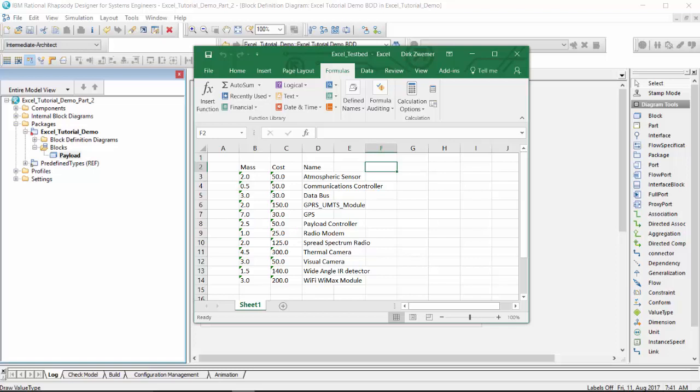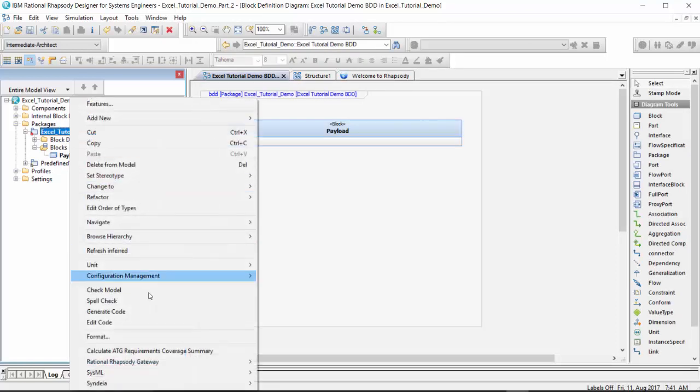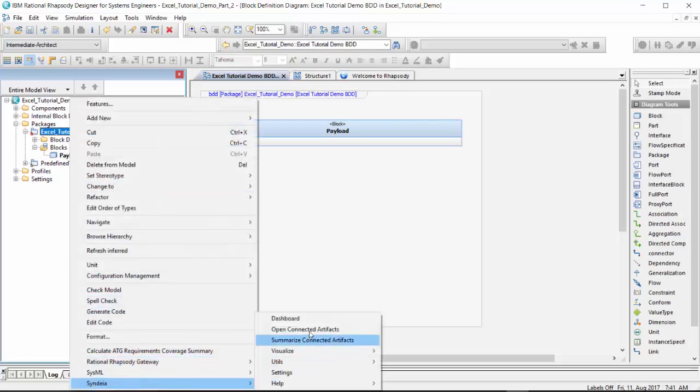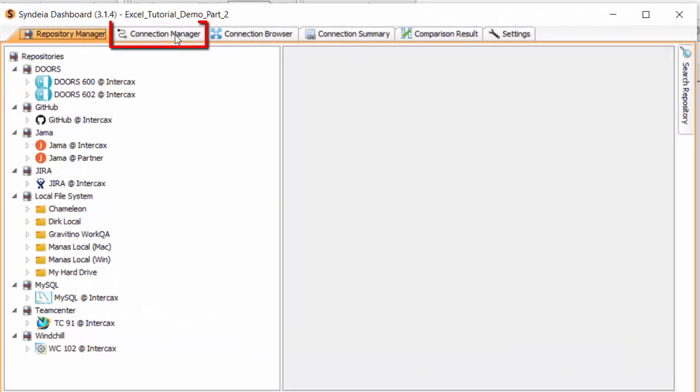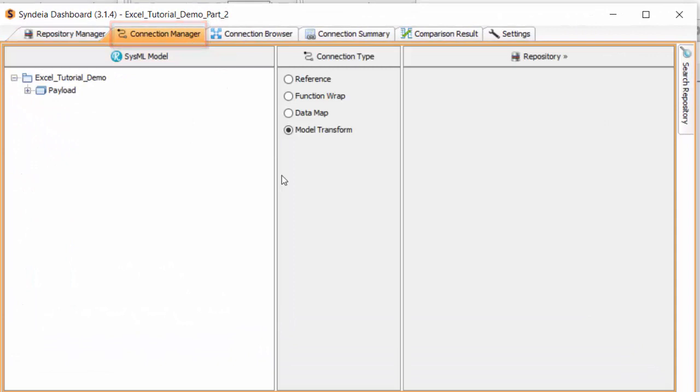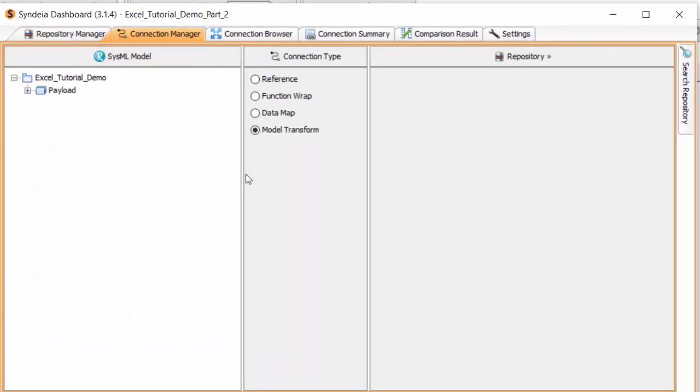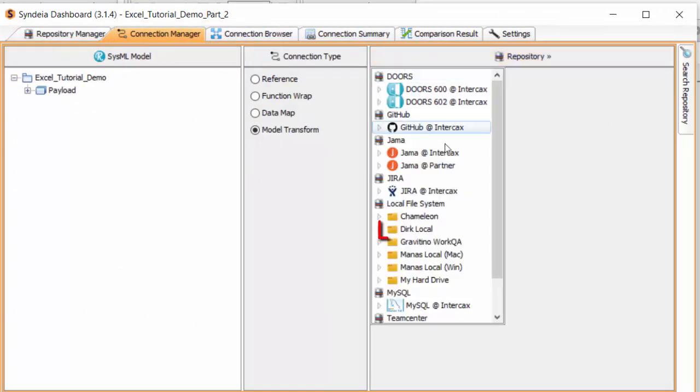While this is the same table created in the last demo, our new SysML model has no existing connections with it. We launched the Syndeia dashboard from the Excel tutorial demo package, and go to the Connection Manager. On the right side, we go to our local file system link,